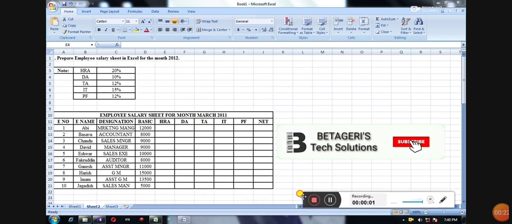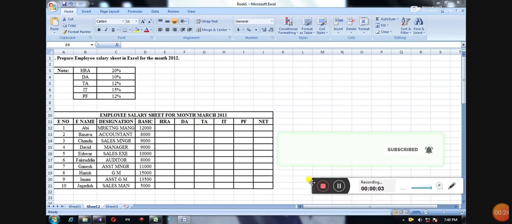So let us see the Excel sheet with the question: prepare employee salary sheet in Excel for the month 2012. Note down, they are given the HRA at 20%, DA 10%, TA at 12%, IT 15%, PF 12%. For that,